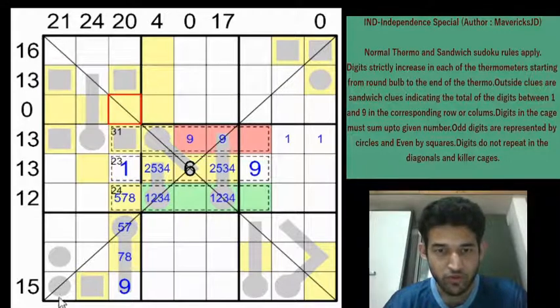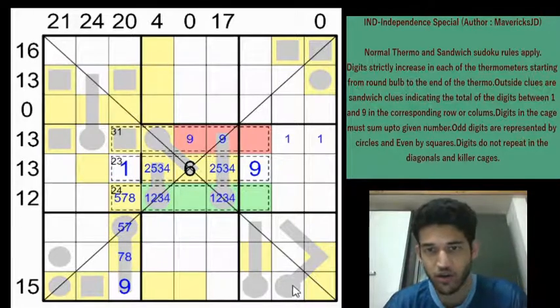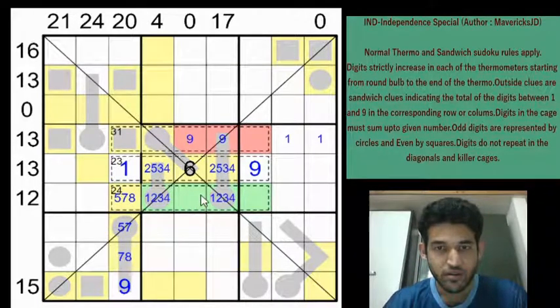Okay. So we can make use of this 15 clue along with the 9. A 15 total between 1 and 9 will need at least 2 cells. So you can't have a 1 or a 9 here. You can't have here or here. So we need at least 2 cells. So 1 must be in one of these 3 cells. That is, 1 can go into row 9 column 6, column 7 or column 8. Right?